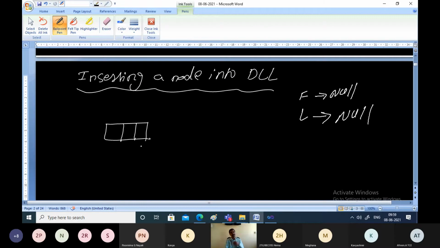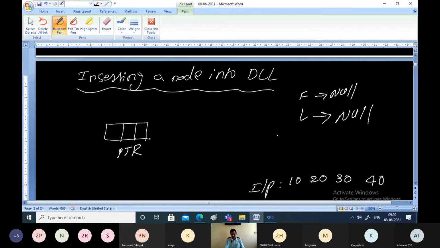Now if you want to insert a node into the linked list, take a node, allocate memory for it, and call it PTR or any other name you like. In the beginning, nothing will be present in this node. Assume you want to insert this data input: 10, 20, 30 and 40.